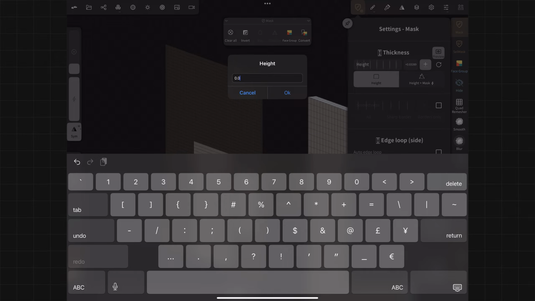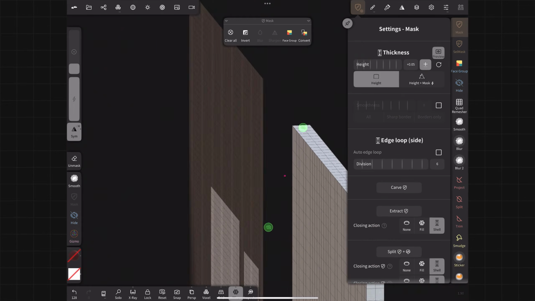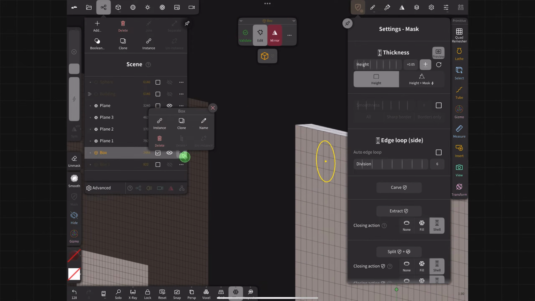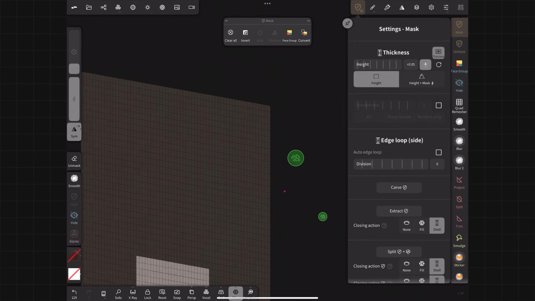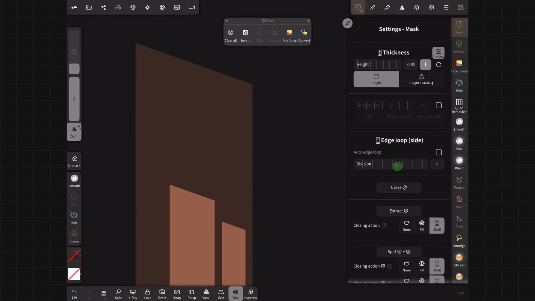0.03. Let's do 0.05. It's 0.05. And let's tap and see what that looks like. We're going to go with 0.05. I actually want to hide this one real quick or delete it. Okay. And there's a second factor before you commit that I'd like you to think about too, and it's the